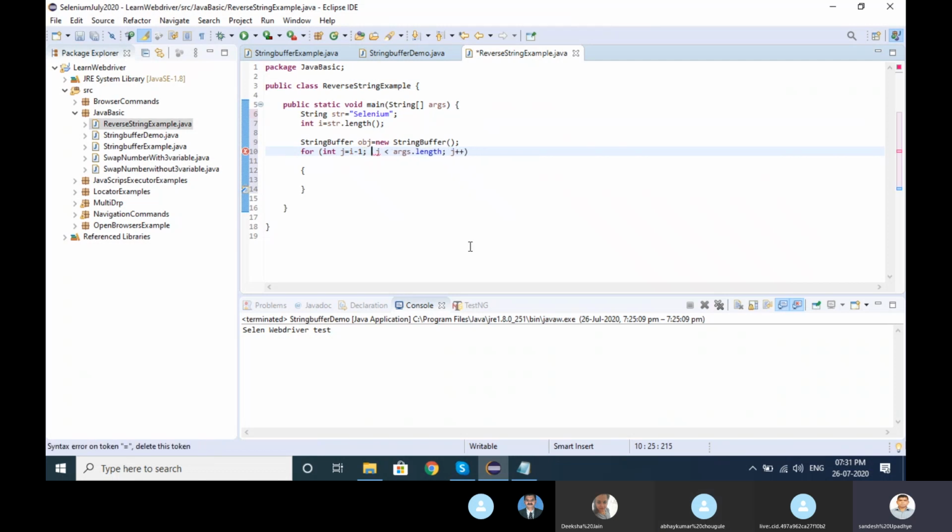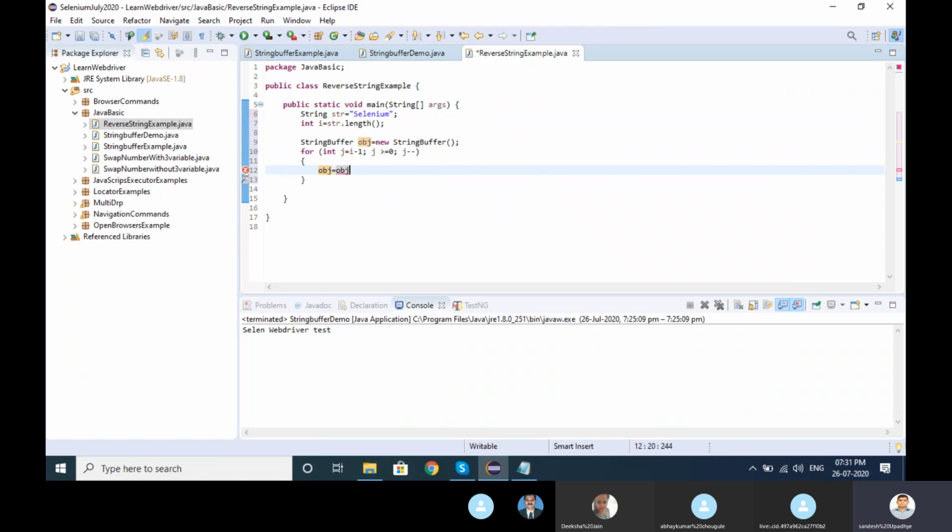Then, while j is greater than or equal to 0, I calculate one by one with a minus. Then I have created one object and I want to store the value into the object.